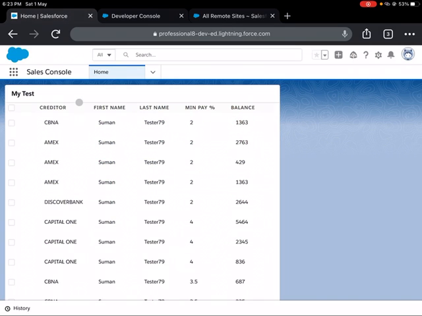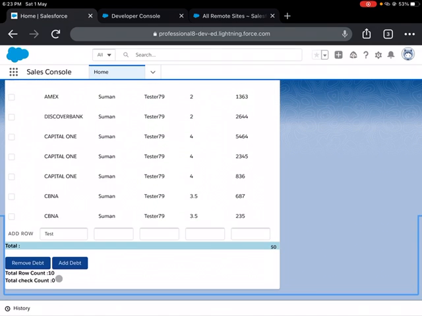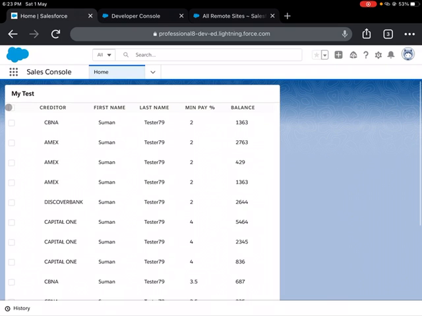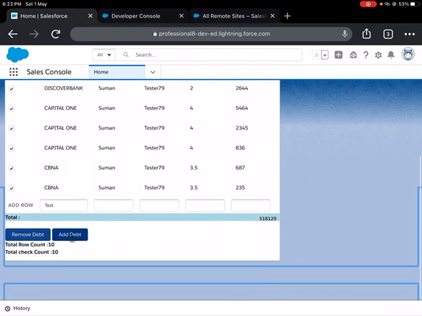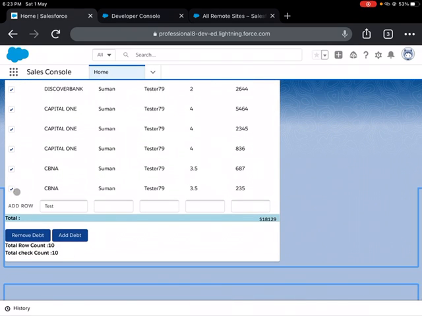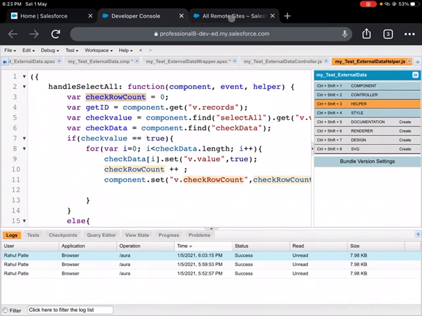Suppose the check row count is 0, and if I select all, then I should put the check count as 10, so all selected value should be here. That's the reason I have taken the initial check row count as 0, because if it is not selected, then obviously the checked count will be 0. That's the reason I've kept it 0 here.